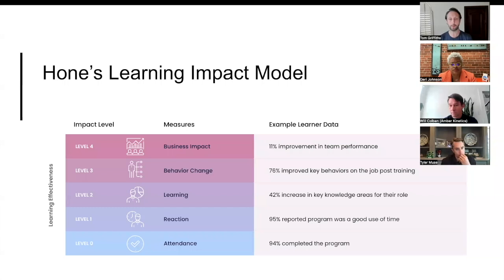Level 1 would be reaction. Do people actually enjoy the class? And we see people reporting in the mid-90s that this was a good use of their time. Typically, we see an average of 4.8, 4.9 out of 5 on a smile sheet type evaluation of whether they enjoyed the training. And that's often where training evaluation stops